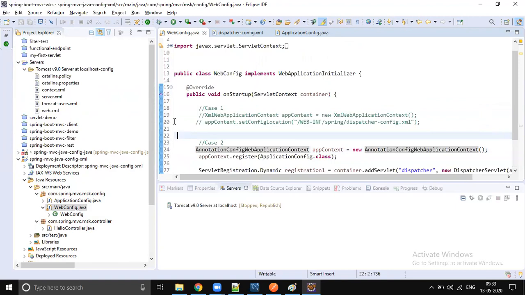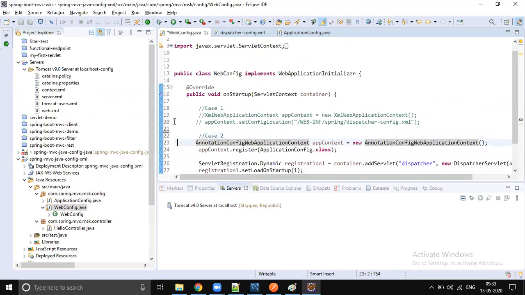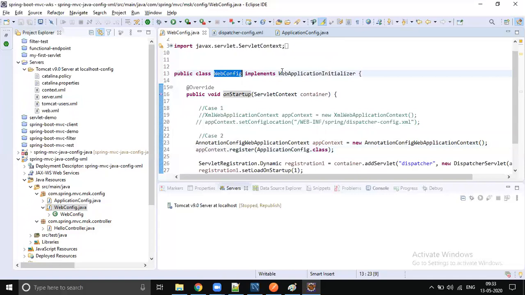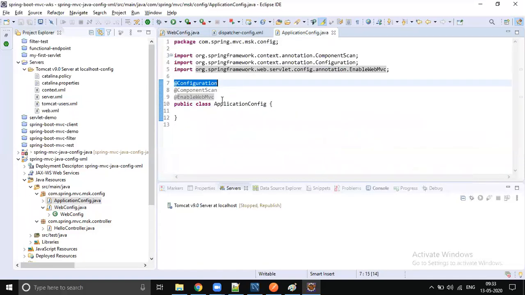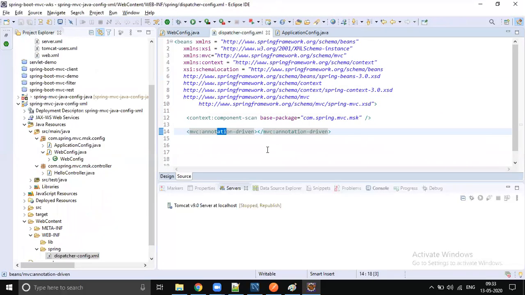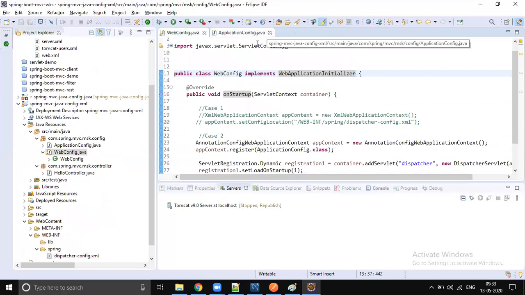If you go with the pure Java configuration, full Java configuration, what do you still need to do? Minimum, a class which implements WebApplicationInitializer, and a class which has these three annotations: configuration, component scan, enable web MVC. Instead of remembering all these XML files, at least this is a little comfort, as we Java guys already know Java.